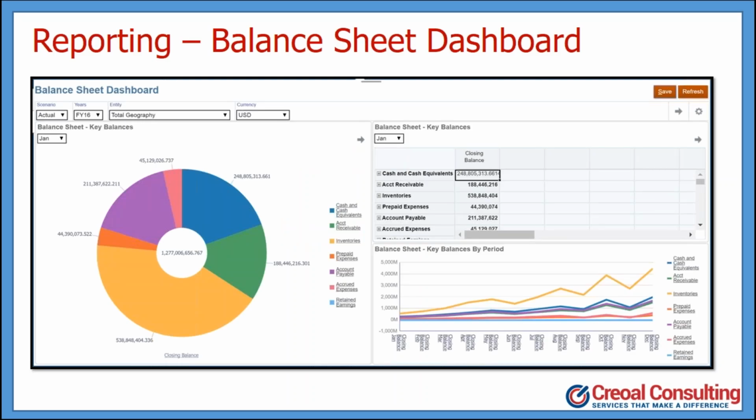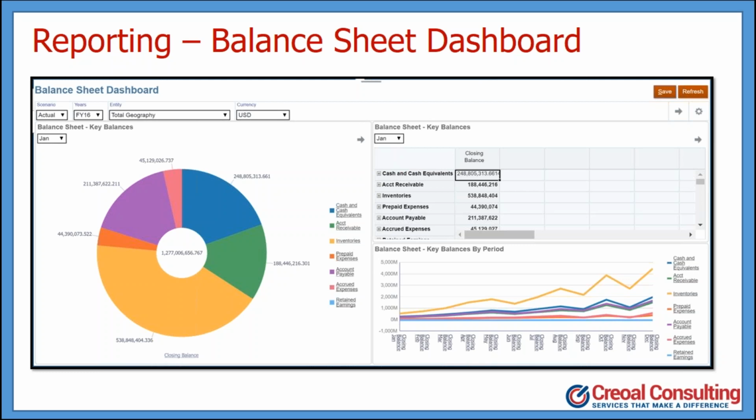What we're looking at here is one of the out-of-the-box reporting dashboards that is supported within FCCS. Essentially, we've built this using a report and form within FCCS, and then brought those forms into the dashboard, and it allows you to display key metrics that are important for your close process. For this particular balance sheet dashboard, you get a bird's eye view of what your organization looks like.